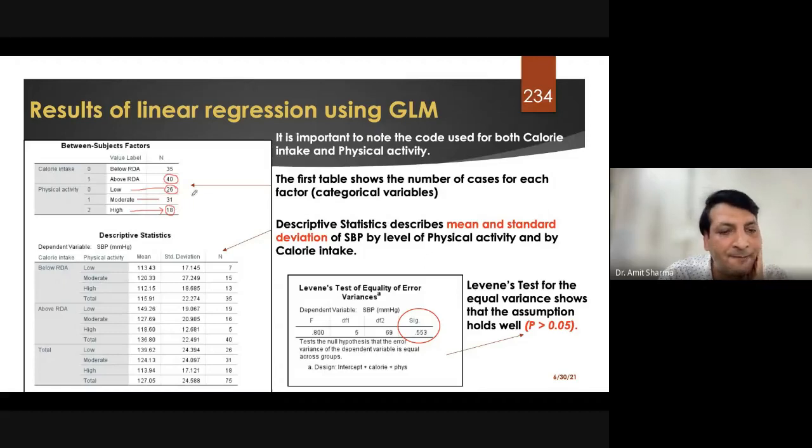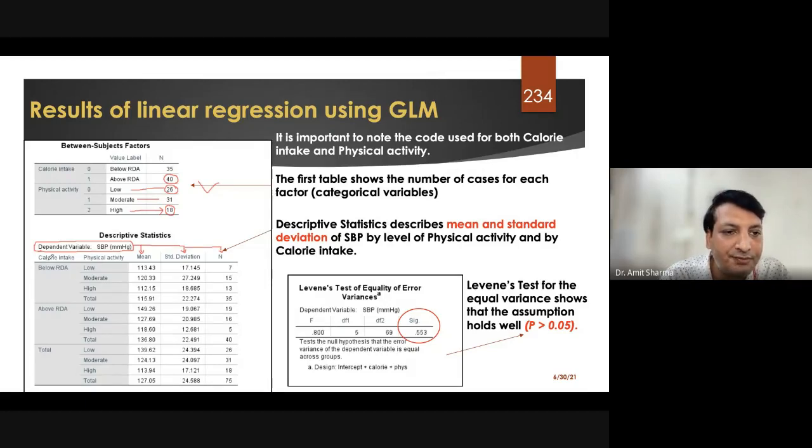So once you have got this, you can come to the lower table. Now you can see how to read this table. Data of what? Data of systolic blood pressure we have got in this table. That means the mean and the standard deviation which are given represent systolic blood pressure. It is not the data of calorie intake or physical activity. The mean which we have got here is the mean of systolic blood pressure.